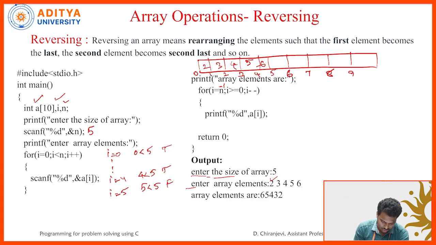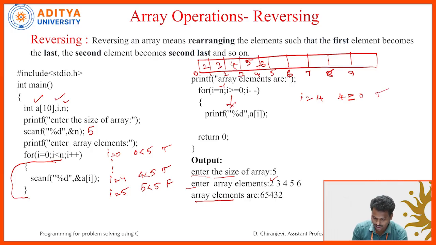When this is false, control will come outside the loop. We have a message array elements are, so this message is displayed. After that we got I value n minus 1, so n is 5, so n minus 1 you got I value 4. Now you are checking I greater than or equal to 0, 4 greater than or equal to 0, so this is true. If this is true, control will go inside the loop and there you are printing a of I value. So a of 4 value you are printing, that is 6, so 6 will be displayed. And after that I minus minus, so I value 4, I minus minus,